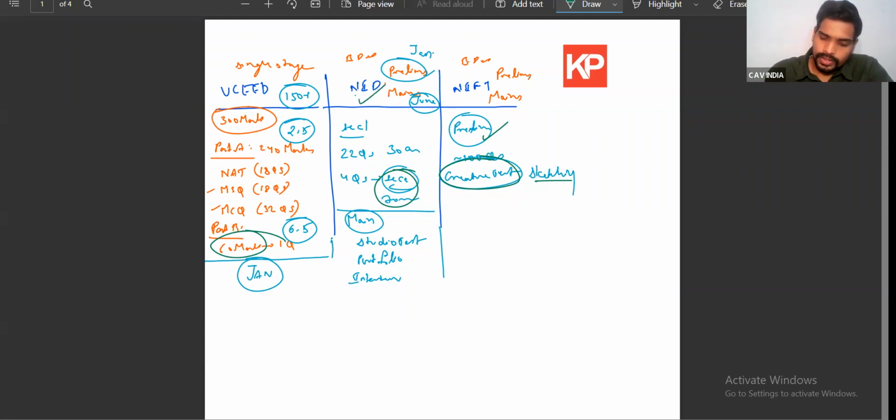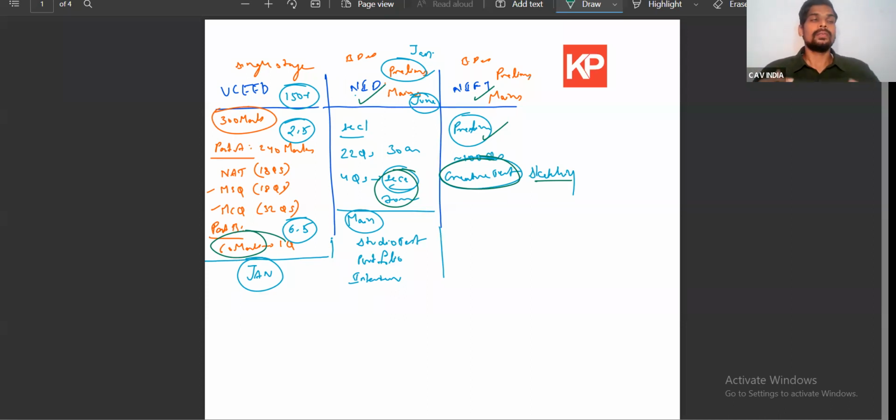As I already told you, there is no negative marking in NID and NIFT, but you need to have sufficient exposure to the type of questions which are typically asked. Now, if you look into the official syllabus of UCEED, it is just an indicative one. It is not an exact syllabus. So for all the exams as well, there's no clear-cut boundary as to what will be